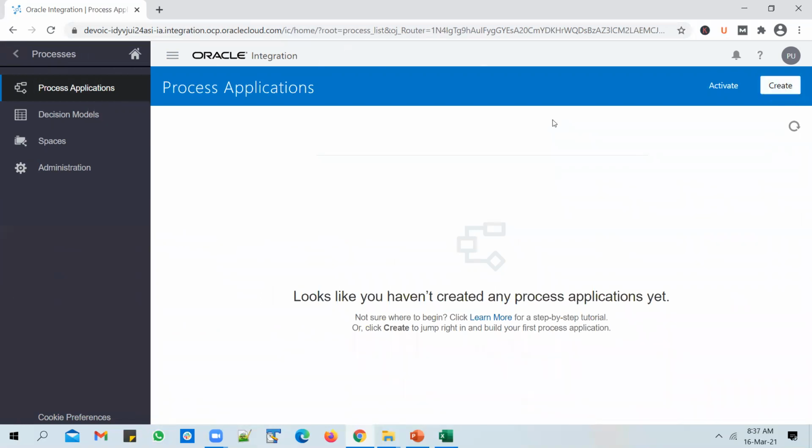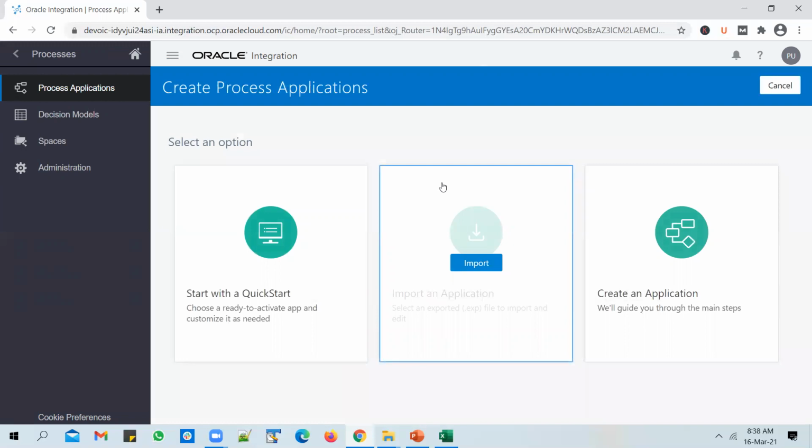And you can create new process applications. Since this is a new OIC instance which has been created a couple of days back, no process applications exist at the moment, but you can quickly create process applications using this create option. Okay, you also have a couple of other options that you can use in a PCS application, and we'll talk about this in a PCS overview video. So in short, what can you build in the process application? You can build an approval process, or you can build any custom business process that your client might need.